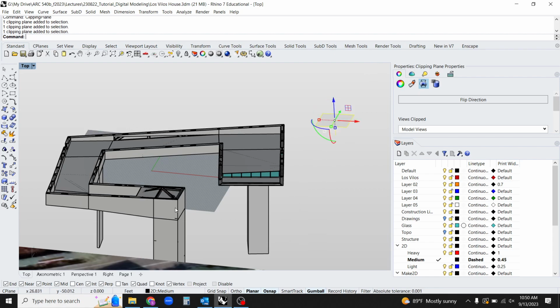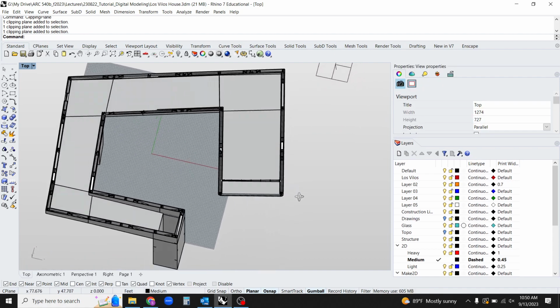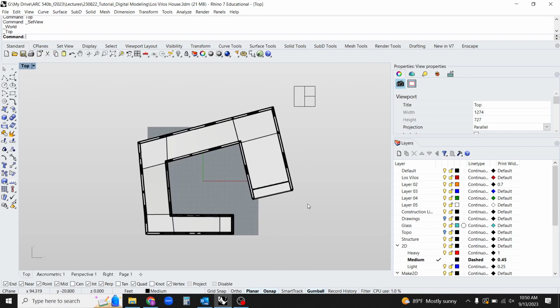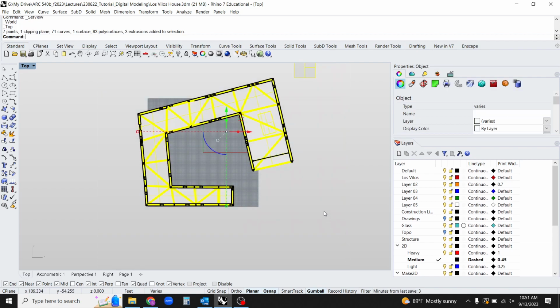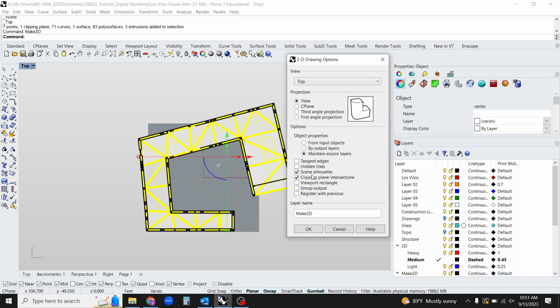Down. Perfect. Okay. And then anytime you do a Make2D, you set your viewport to whatever projection you want and select the stuff you want to do your drawing of, type in Make2D and press it. And in here you want to make sure you have Maintain Source Layers turned on, clipping plane